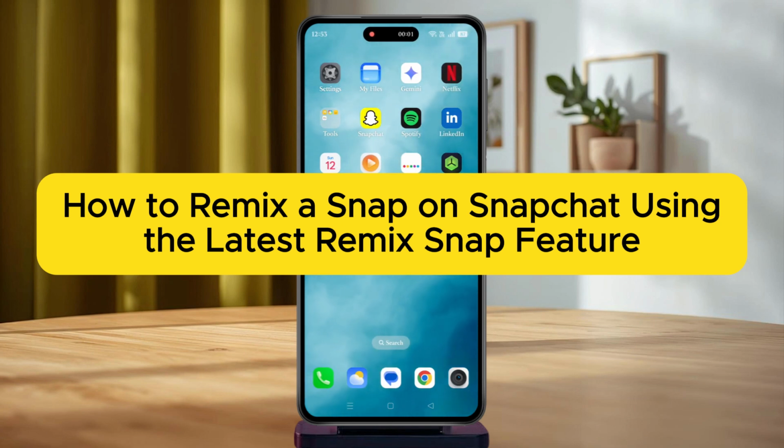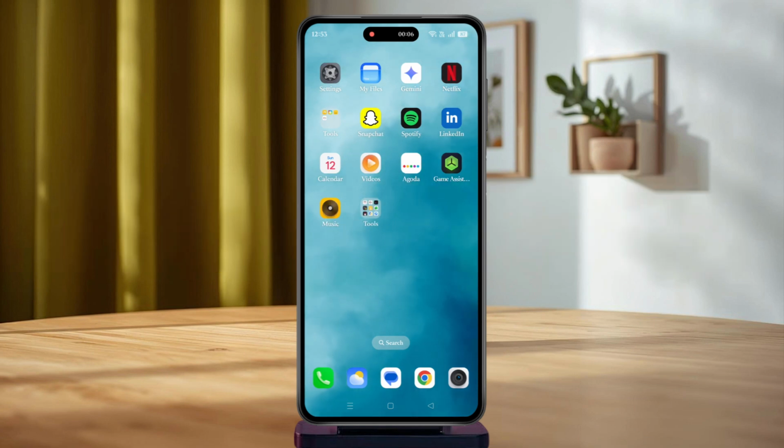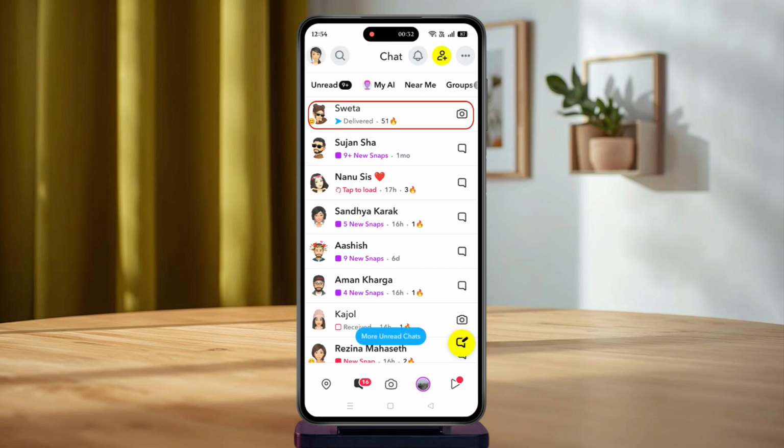How to remix a snap on Snapchat using the latest Remix Snap feature. This feature lets you react to a friend's snap or story by recording your own photo or video alongside or after the original snap. To get started, open the Snapchat app and open the snap, story, or chat media that